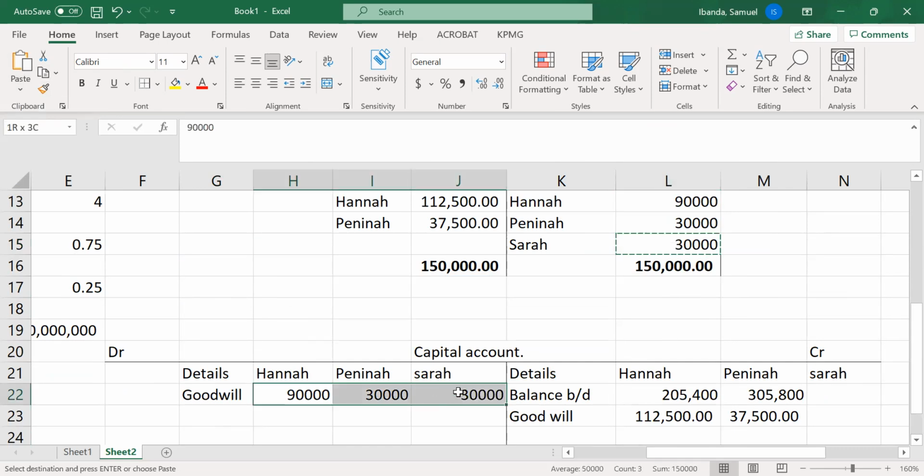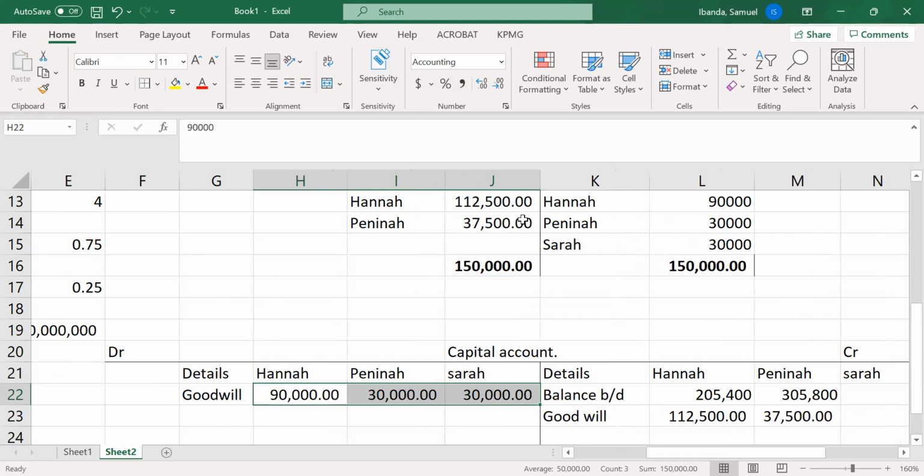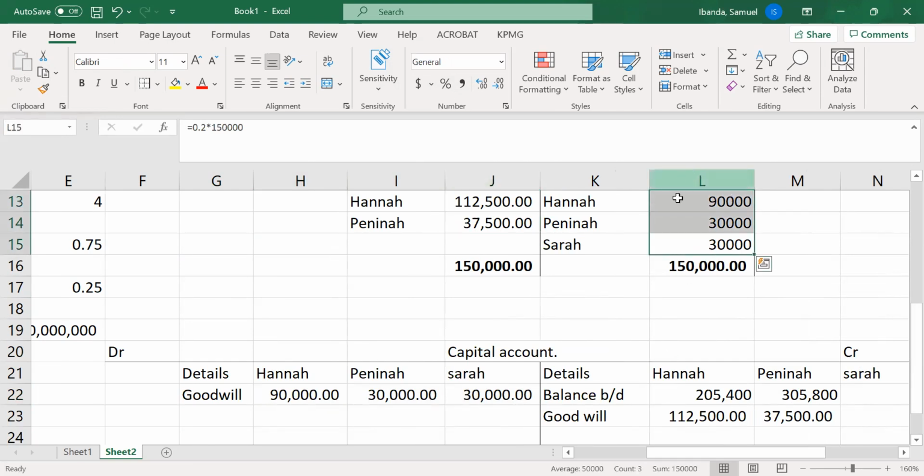Like so. So I believe you can observe that for the double entry for the sharing of goodwill using the old sharing ratio, you debit the goodwill account and credit the capital account. Sharing goodwill using the new ratio, you credit the goodwill account and debit the capital account. That is how that is done. Now, after you have done that,